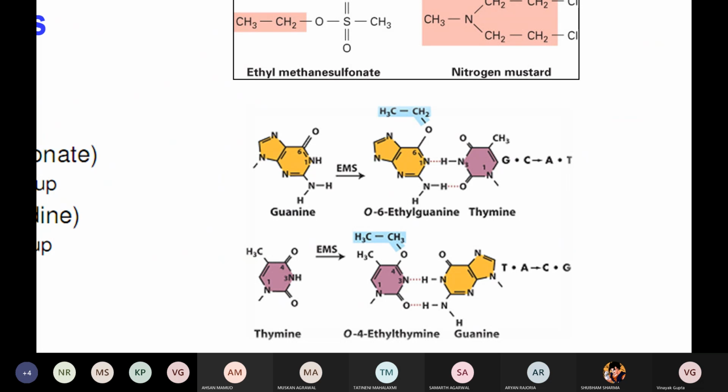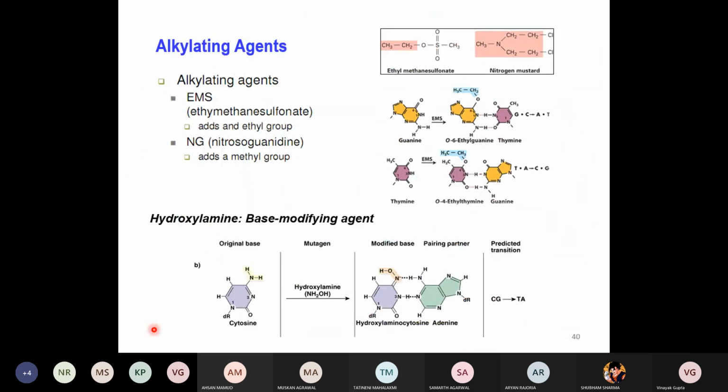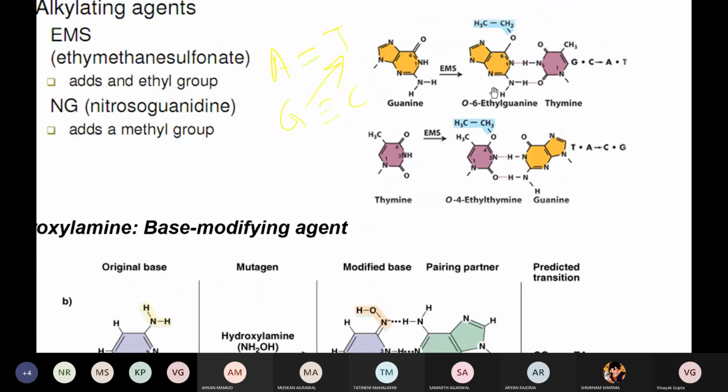As per our discussion, if you follow the rules which I taught you, what is going to be the outcome? You can make the same matrix which I told you in the beginning. A pairs with T, G pairs with C, but if an abnormality is there, G is going to pair with T. Do you see the same thing here? Abnormal G is pairing with T, right? And the ultimate outcome is GC to AT. Or here in the second case, you can see AT to CG.